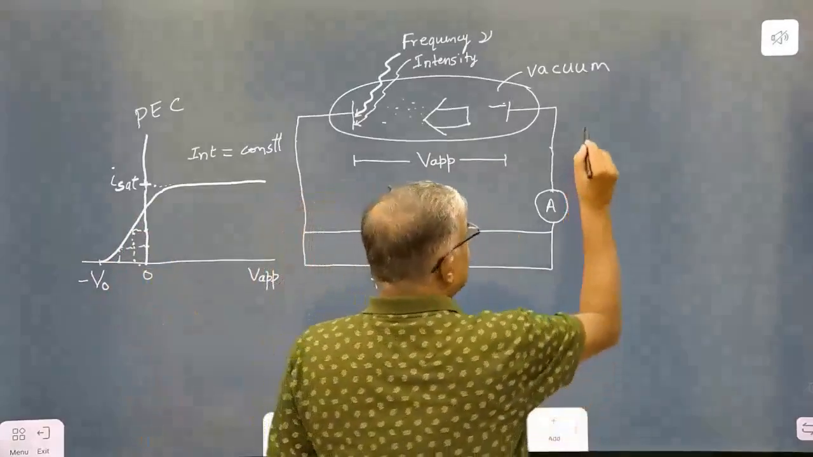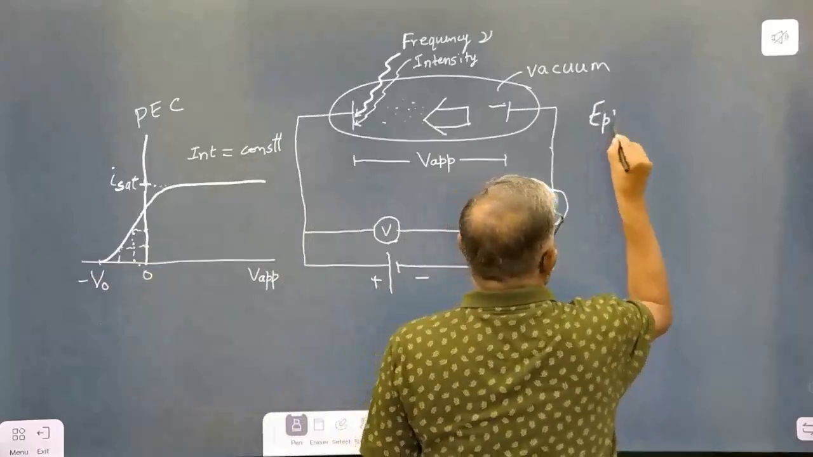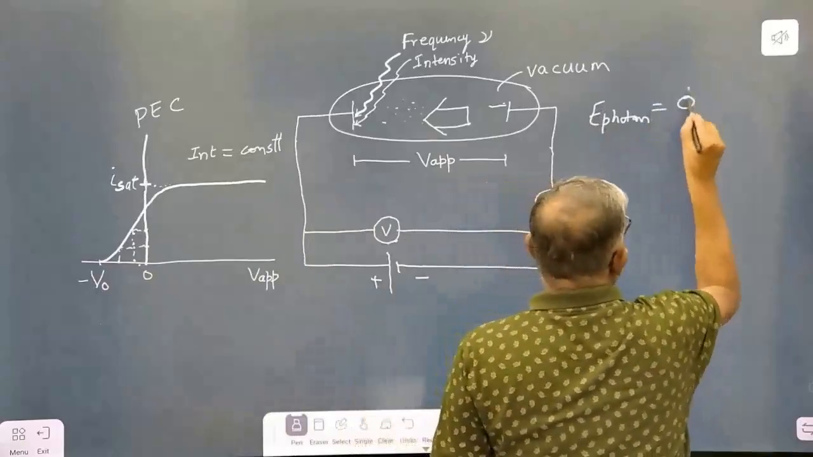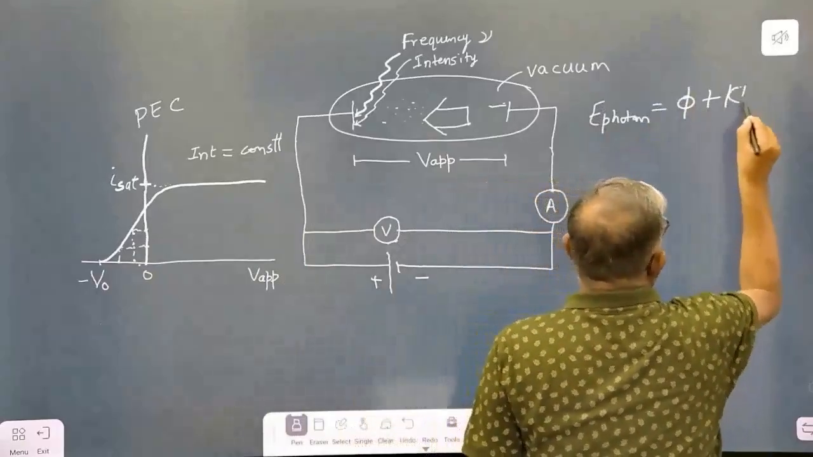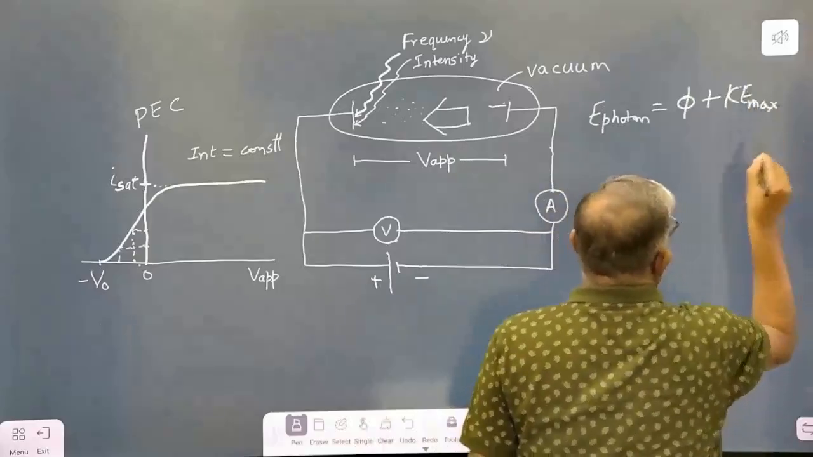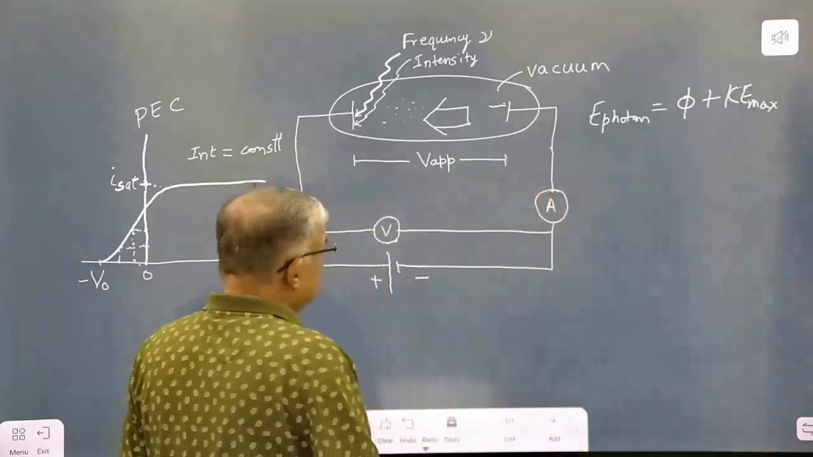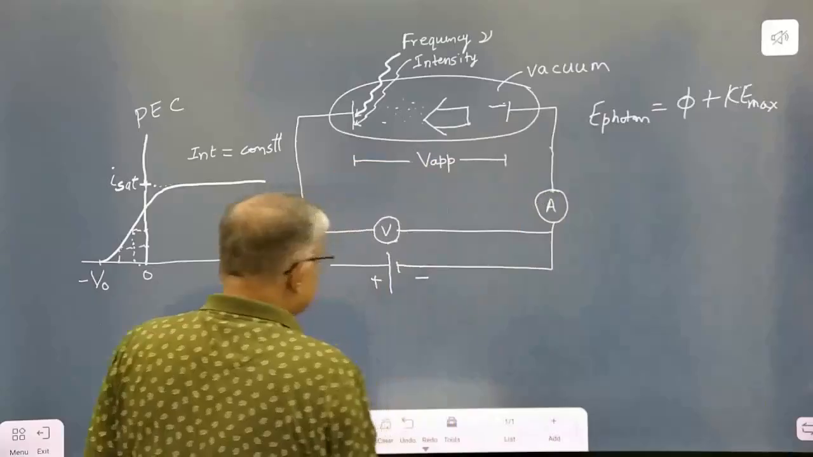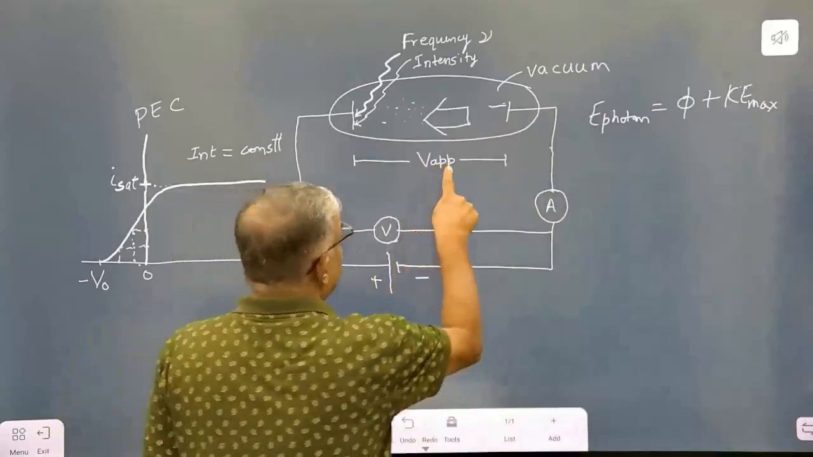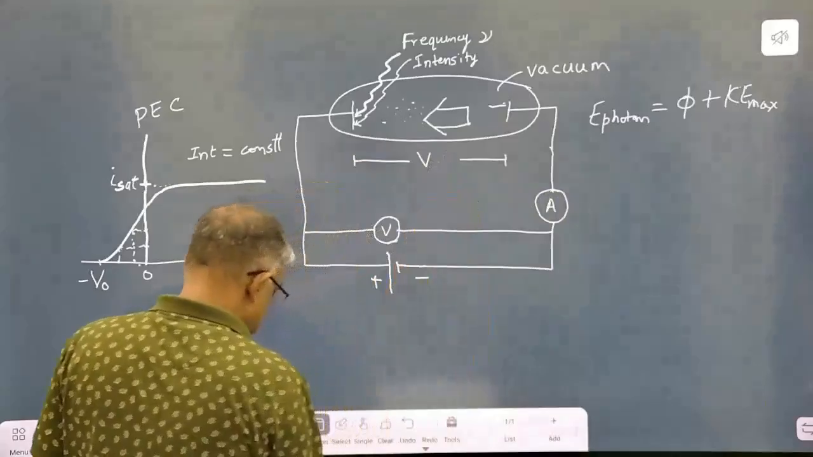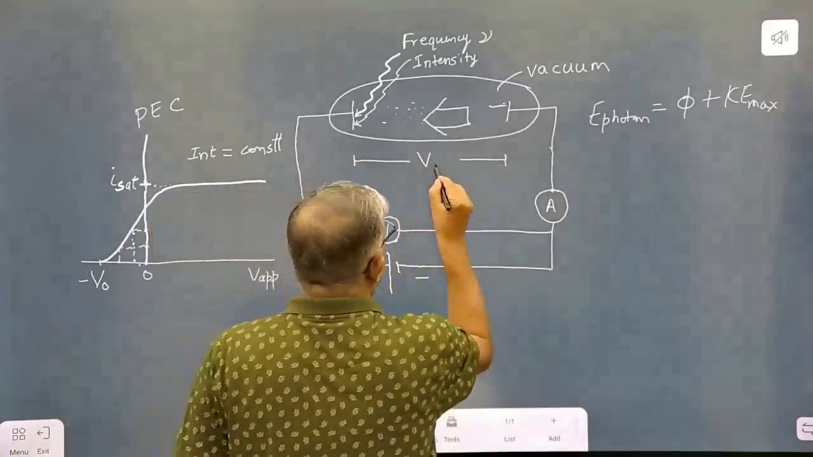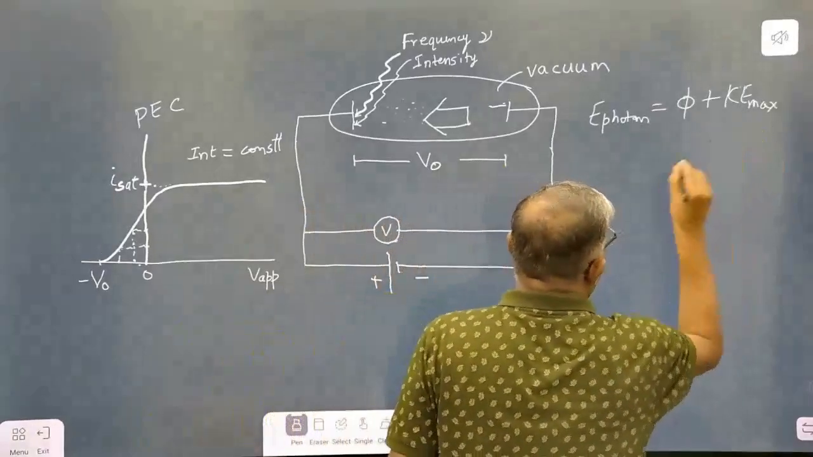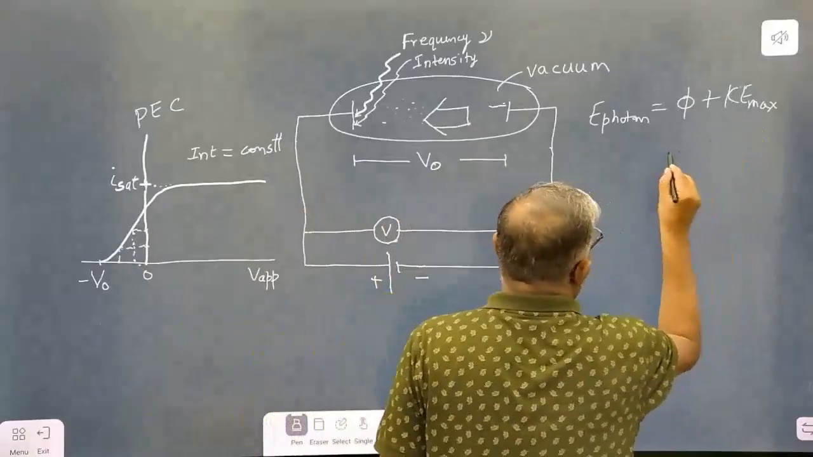Now, looking at Einstein's photoelectric equation, energy of the photon is equal to work function plus kinetic energy of the maximum energetic electron. Now here, let us say the applied voltage is just equal to the stopping voltage V0, then in that case the kinetic energy can be written as